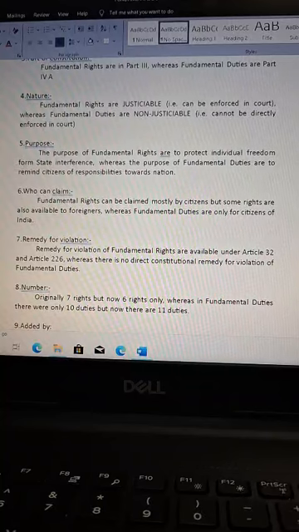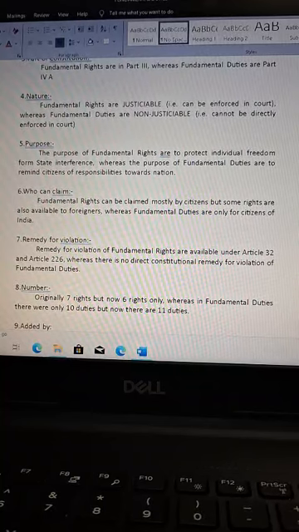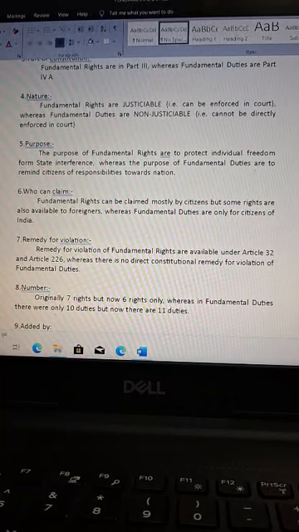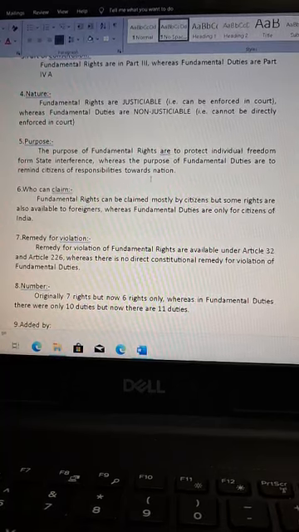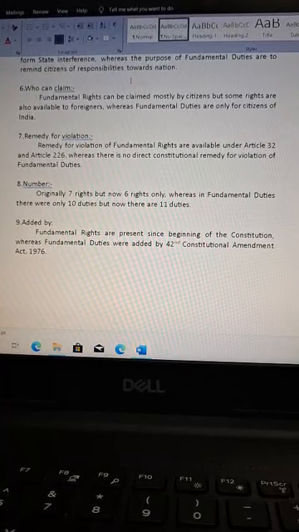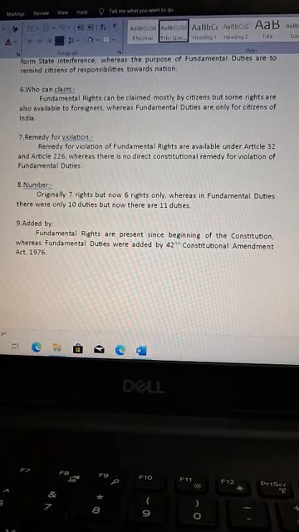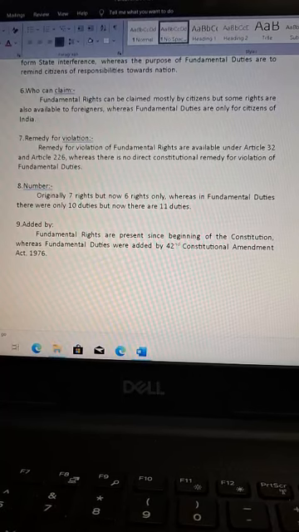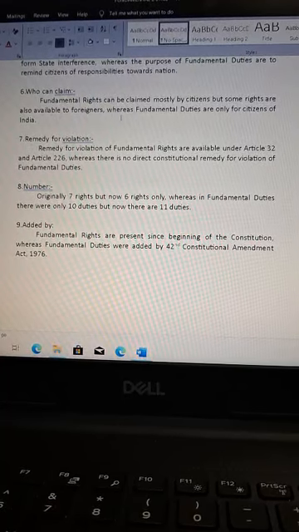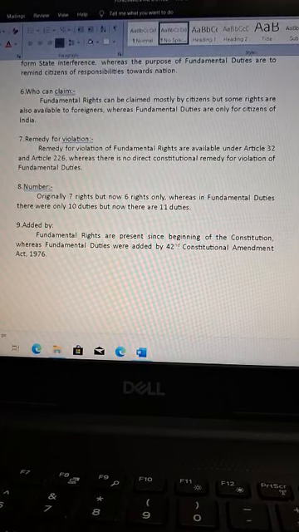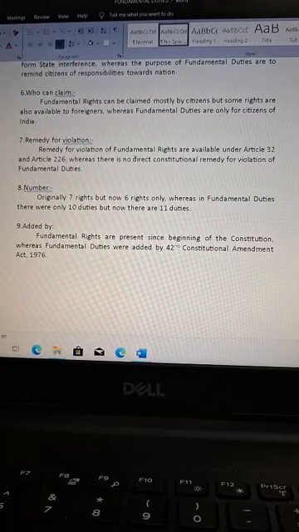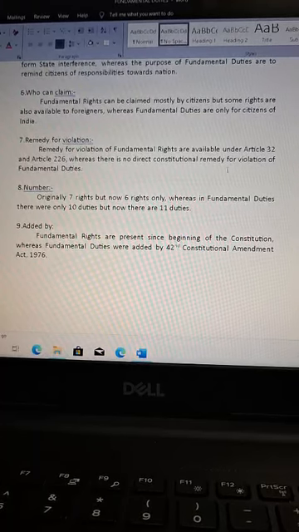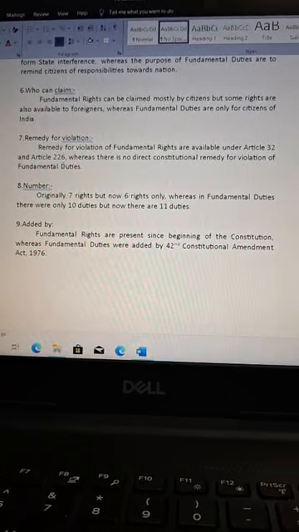Number 5, purpose. The purpose of fundamental rights is to protect individual freedom from state interference, whereas the purpose of fundamental duties is to remind citizens of responsibilities towards the nation. Number 6, who can claim? Fundamental rights can be claimed mostly by citizens, but some rights are also available to foreigners, whereas fundamental duties are only for citizens of India. Number 7, remedy for violations. Remedy for violation of fundamental rights is available under Article 32 and Article 226,